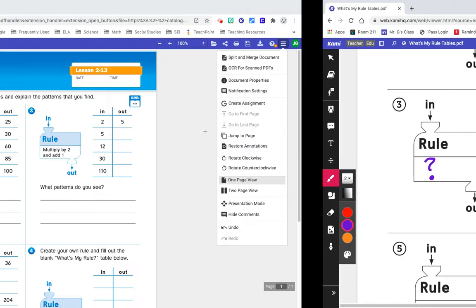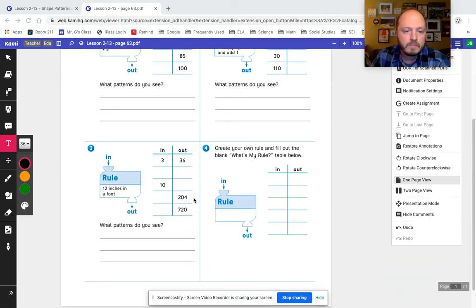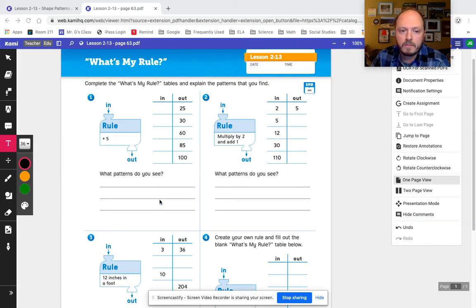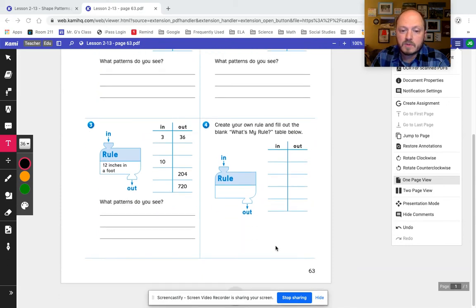So when we get into our actual journal work, there is some similar types of rules that we might follow. Some where we have all the outs, we don't have any of the ins. We have some where it's mostly the ins going already, and we have to figure out the outs. We might have a mix, and we might have some where you get to make your own. All right, fun. The other sheet that you need to work on for this lesson is one that involves shape